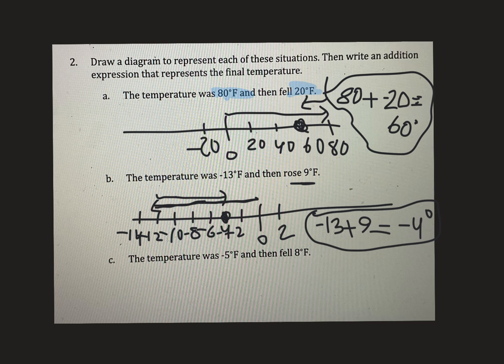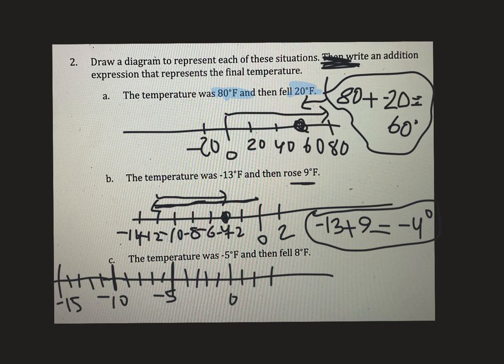Just a friendly reminder, the instructions ask us to draw a diagram and then write an addition expression. All right, last one. The temperature was -5 degrees Fahrenheit, and then it fell 8 degrees Fahrenheit. All right, for this one, we could go by 2s. I'll go by 1s this time. All right, so last one. If the temperature was